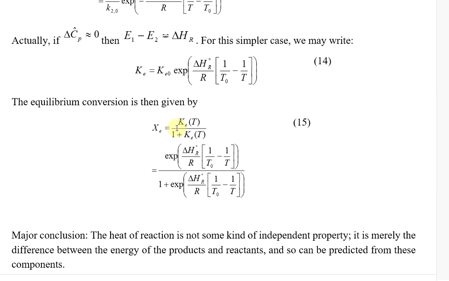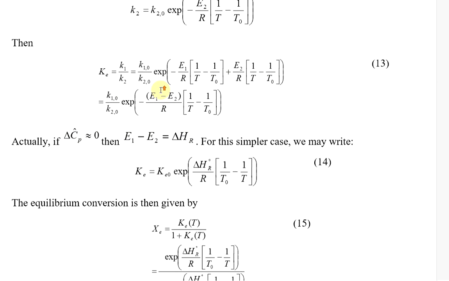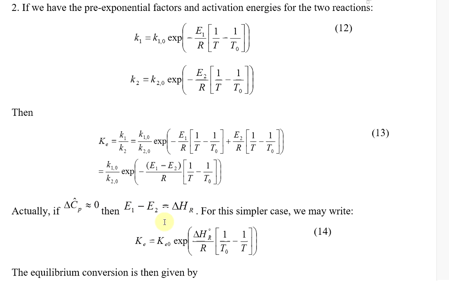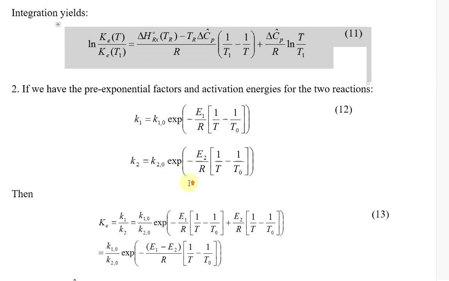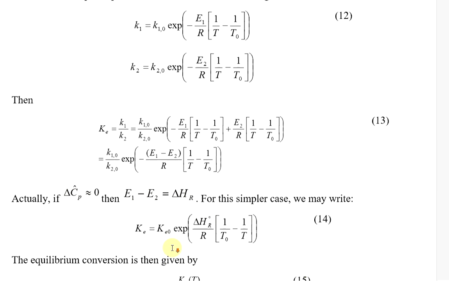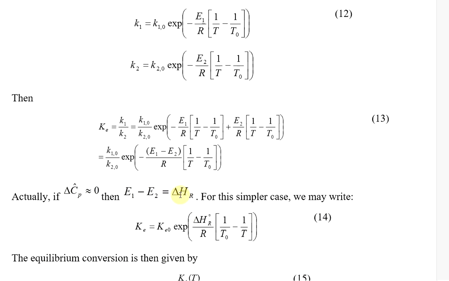If we do that, you can see here that for the simplifying case of delta Cp being 0, when you compare these two equations, the heat of reaction is equal to E1 minus E2